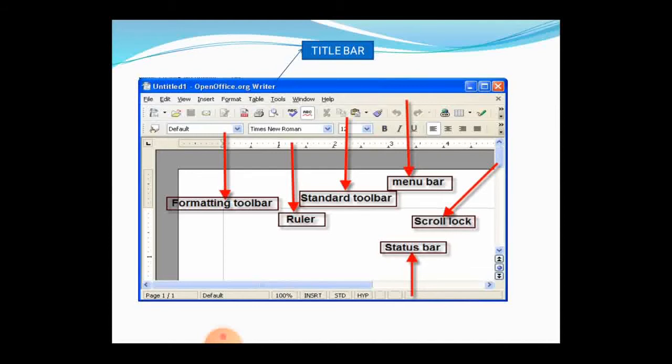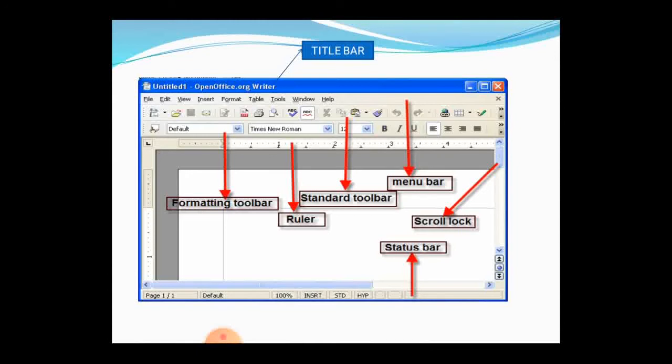When your cursor is positioned over here, it shows on which line or which word in your document the cursor is pointing. The status bar displays how many lines, number of rows, number of columns, and the number of words that you are using. Okay, next one is the scroll bar.